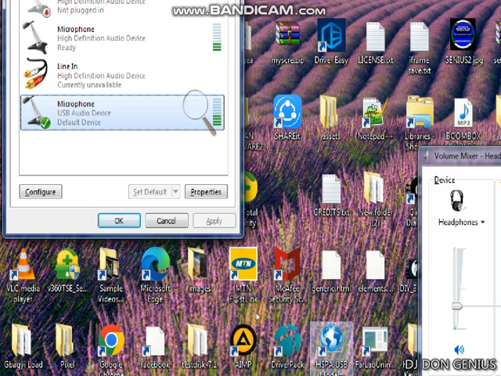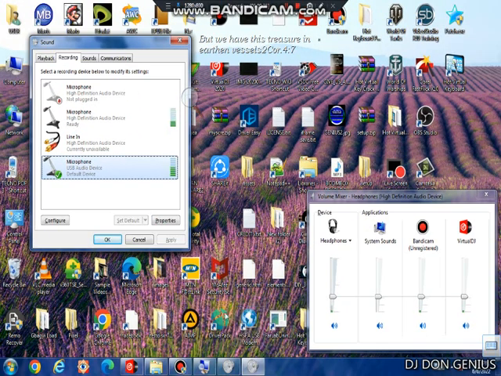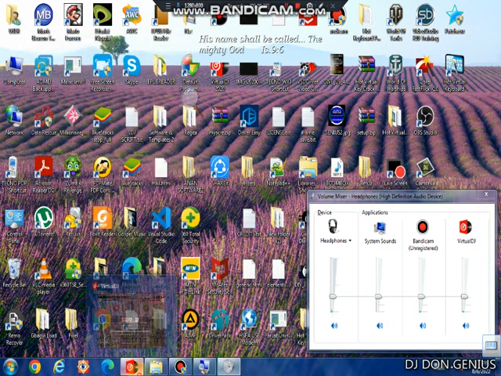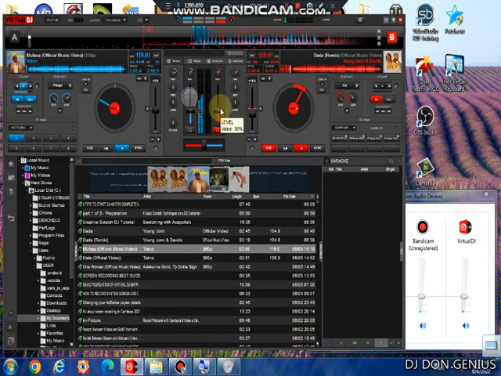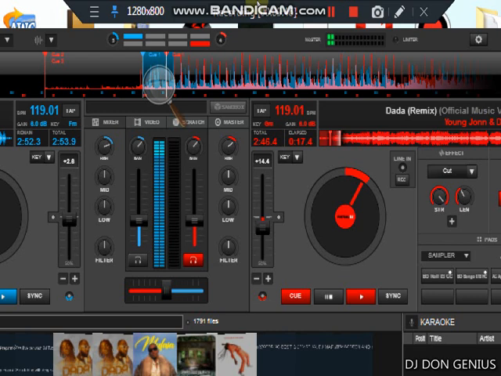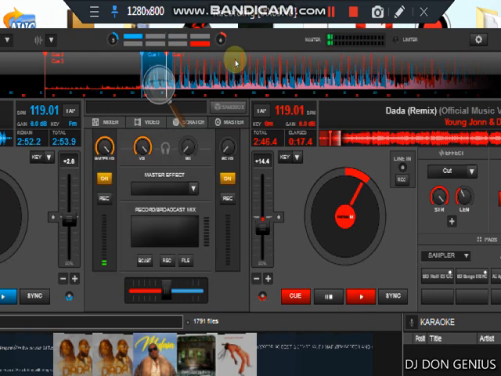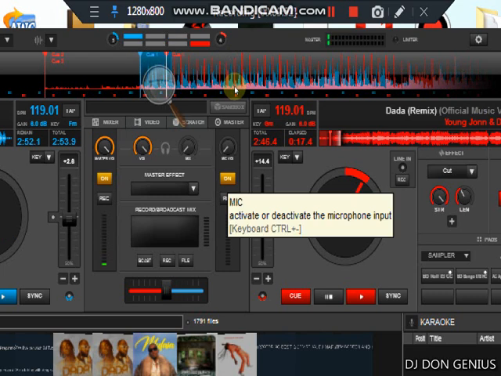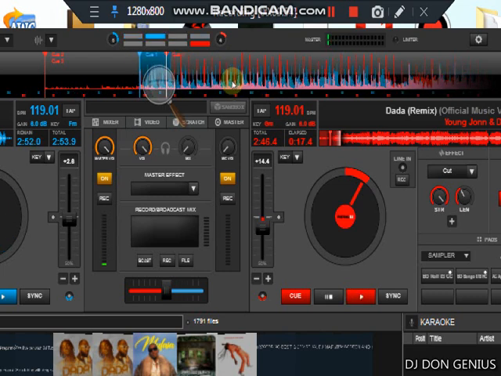Then if you are a Virtual DJ user, as I started with Virtual DJ, you also come to the Virtual DJ software. Let me show you here. This is it. You go to master. This is where your microphone setting is. You see at this point my microphone is on, but you have to make sure you turn down this one completely. If you don't turn it down, you are going to be having conflict of sound. Let me turn it up. You are going to see